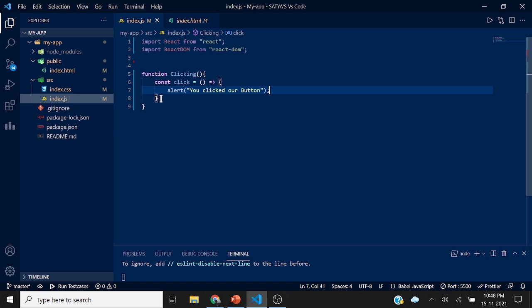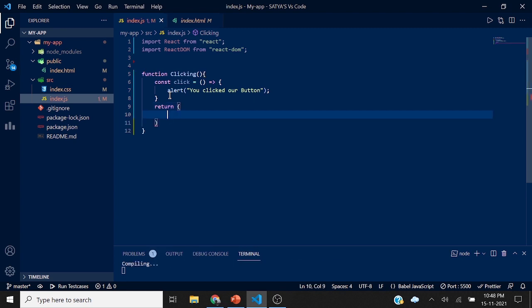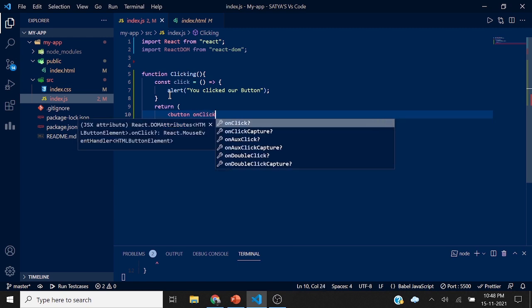As this is a component, I need to return something. What I'll return is a button. I'll give the event onClick, following the camel casing.